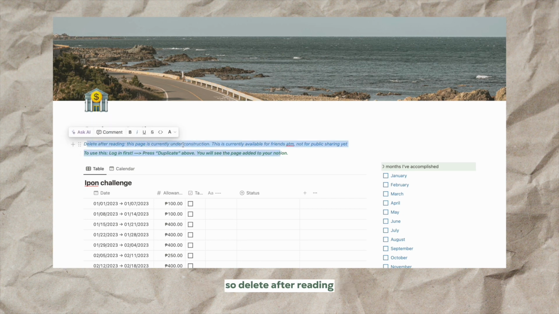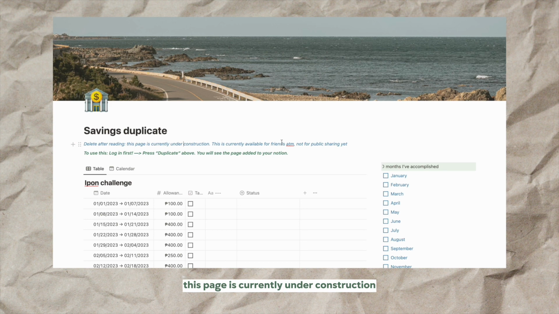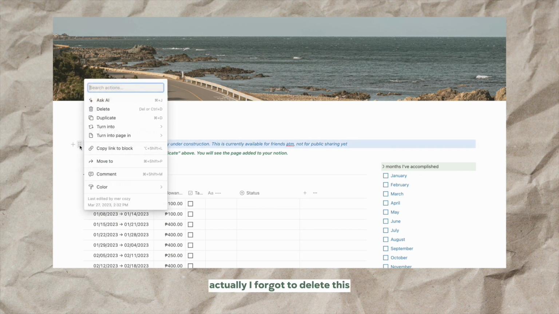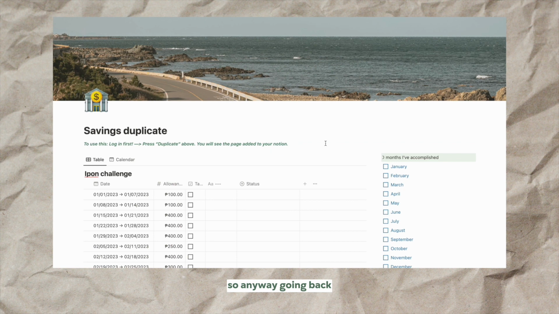So delete after reading. This page is currently under construction, and it is currently available for my friends at the moment and not for public sharing yet. When you see this, I will be deleting this. Actually, I forgot to delete this. So anyway, going back. So now to use this, you first log in, press duplicate above, which you will see